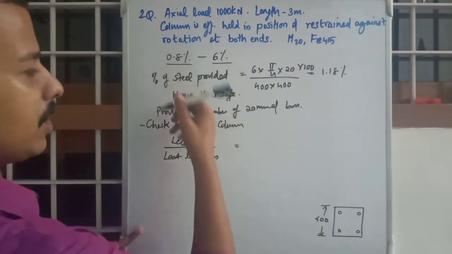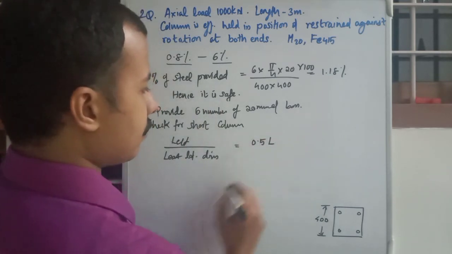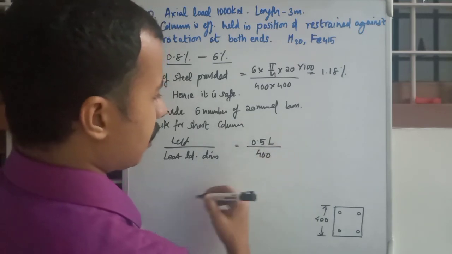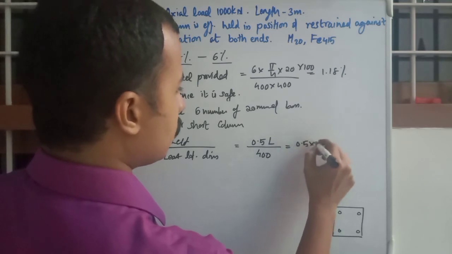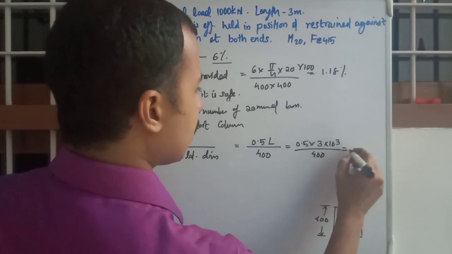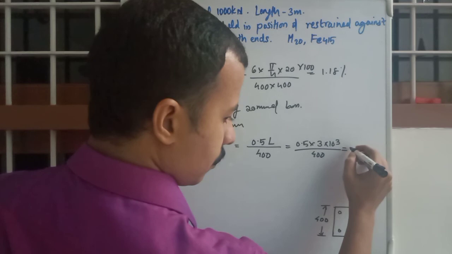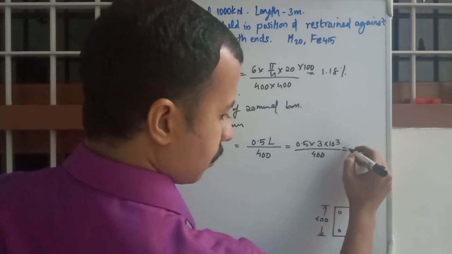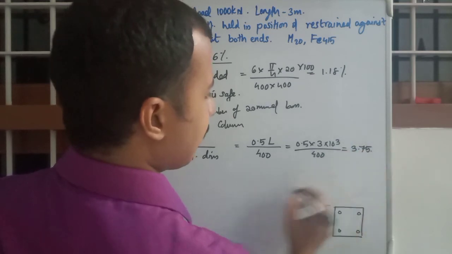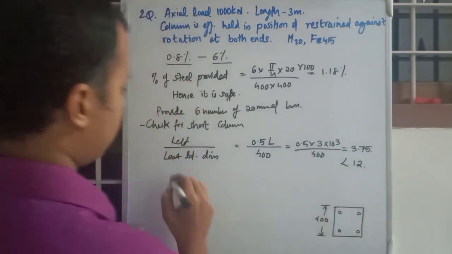With this condition you can take the value as 0.5 L divided by least lateral dimension, which is 400. So 0.5 into 3 into 10 raised to 3 by 400 is equal to 3.75. That is obviously less than 12, hence